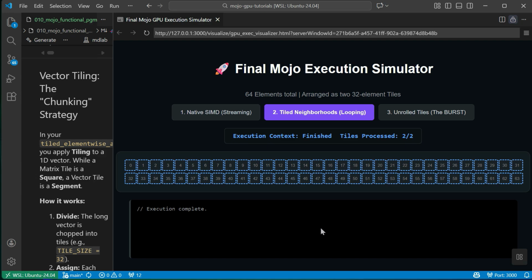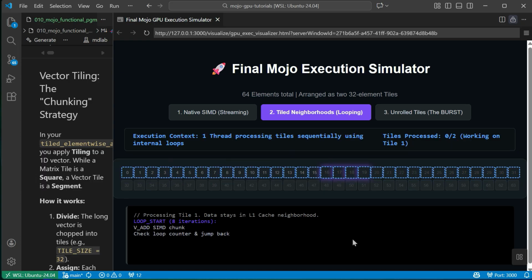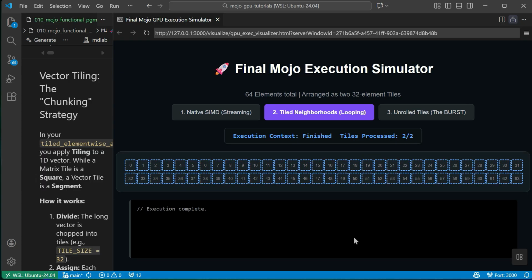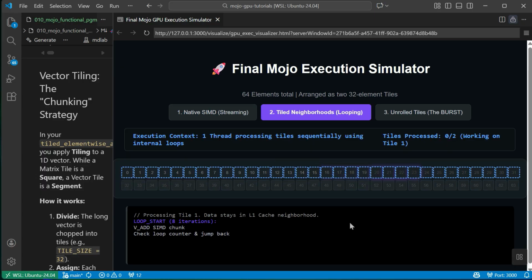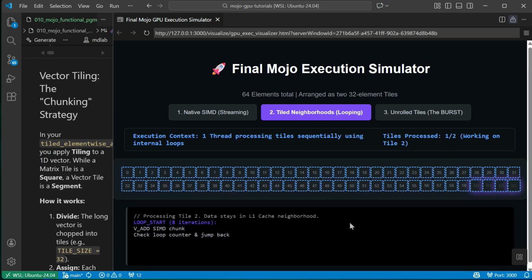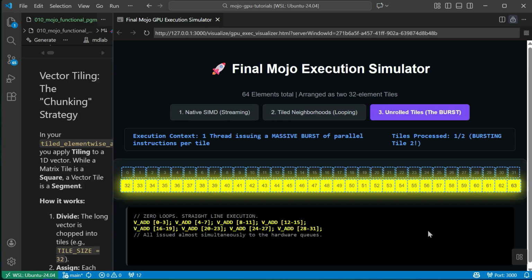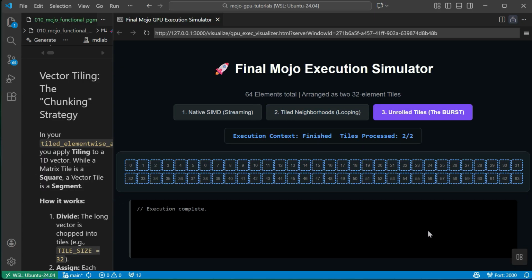But more importantly, this tile API gives you access to cache and other operations, which the compiler will help you optimize as much as possible. So it looks something like this, where it'll loop, but only 2 threads are involved. But then there is another function called Vectorize, which will help you do this. It will take the looping of the thread, here in this case 8 times, to process 32 elements, which is